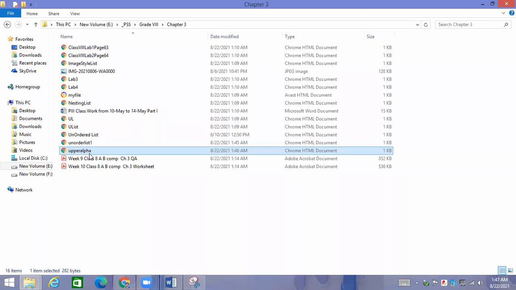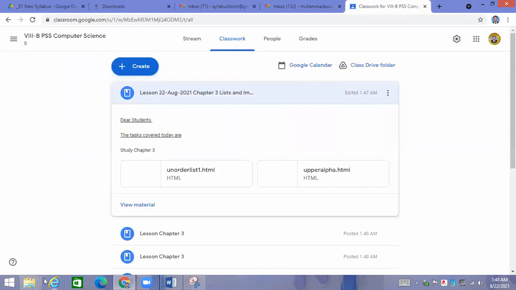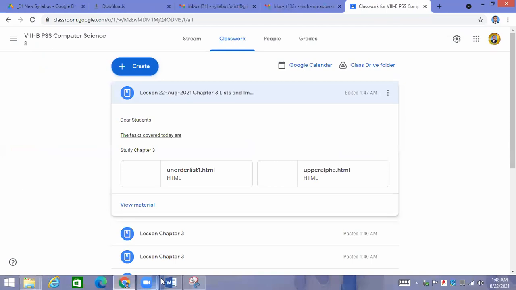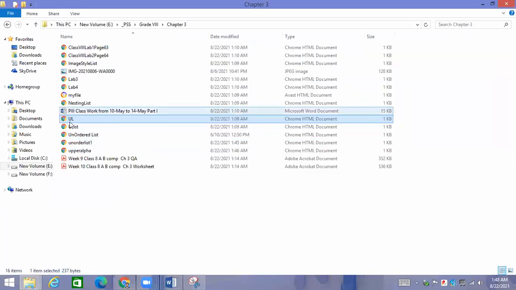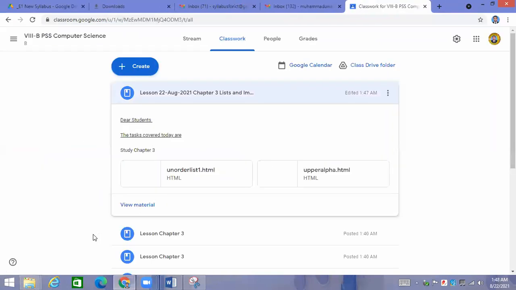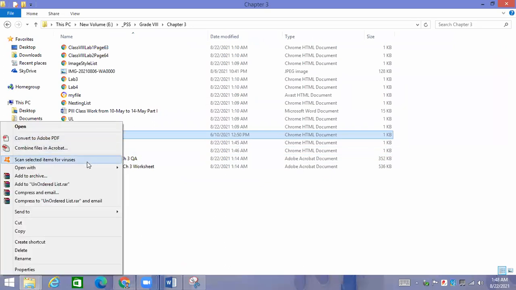In an unordered list, you know that we can take a circle or something like that. Now, how can we take some image instead of any design or character?